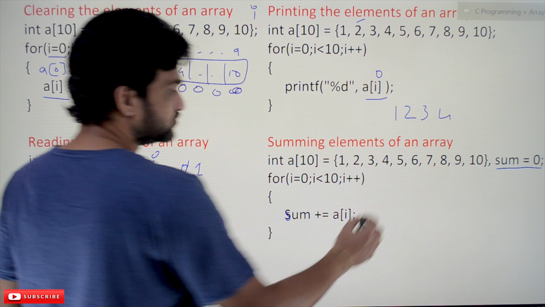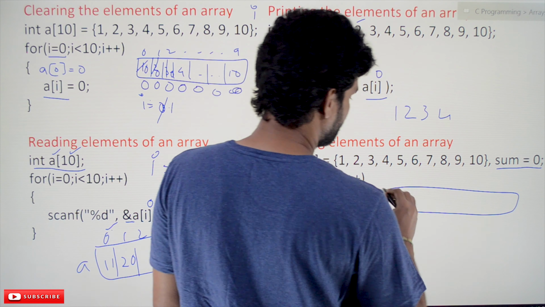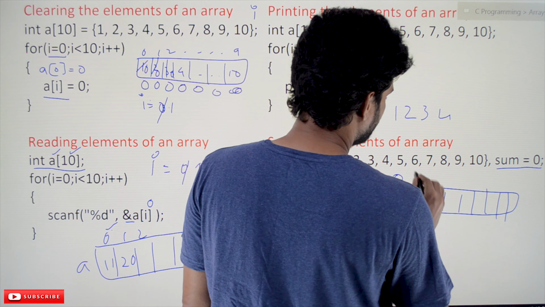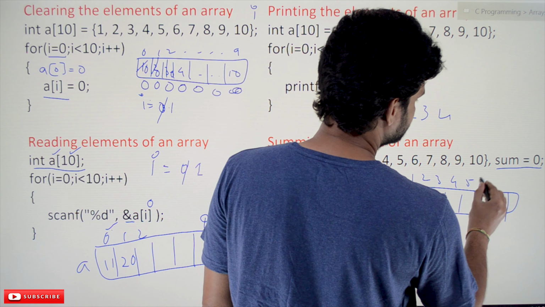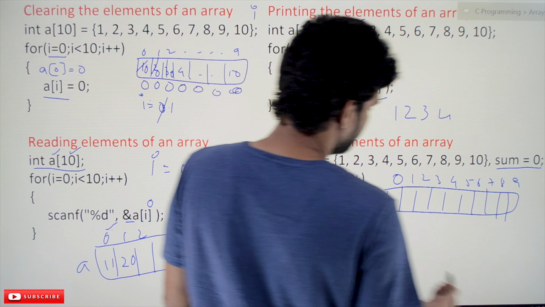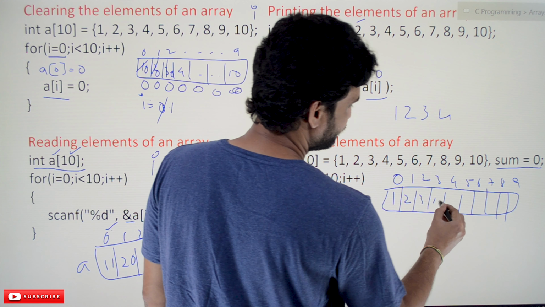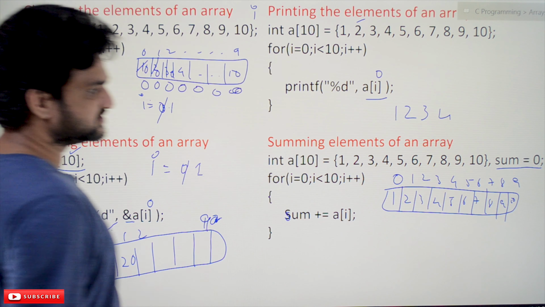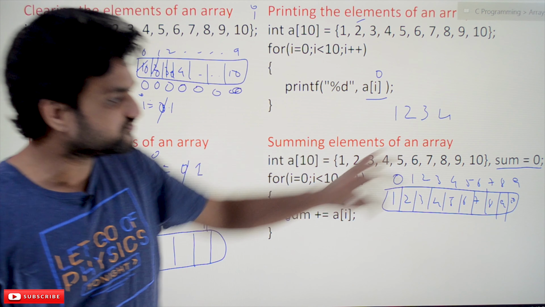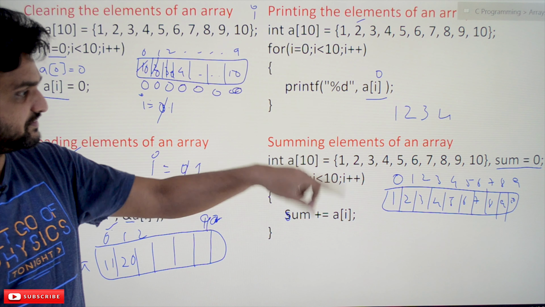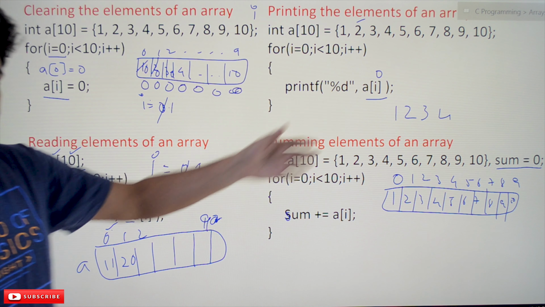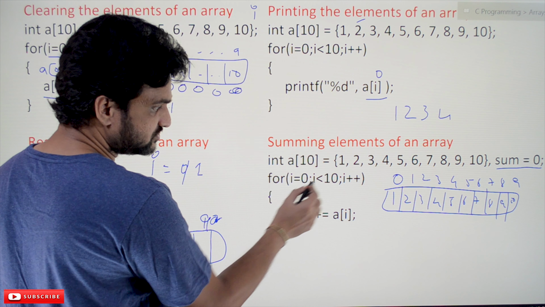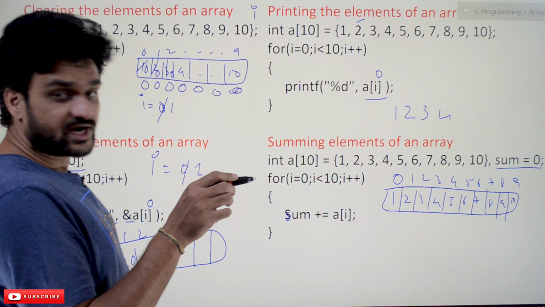Now what is the array? Let's try to understand it by using our visualization of an array. So here 0, 1, 2, 3, 4, 5, 6, 7, 8, 9, and the values are 1, 2, 3, 4, 5, 6, 7, 8, 9 and 10. So this is the array. With this declaration, this is what we are going to create on the memory. We'll try to understand what happens on the memory in our later classes. So with the value of I equal to 0, this for loop is going to iterate for 10 times.